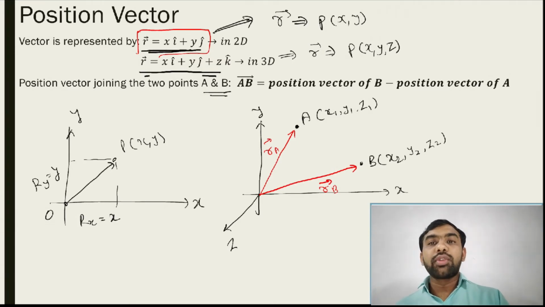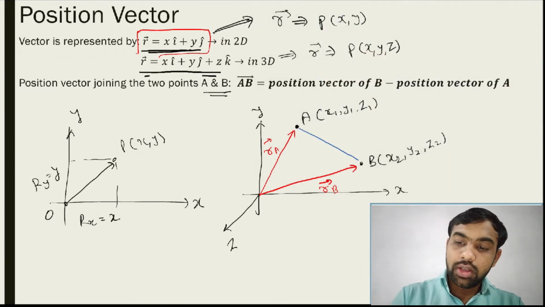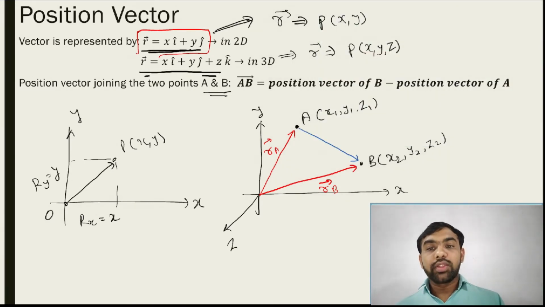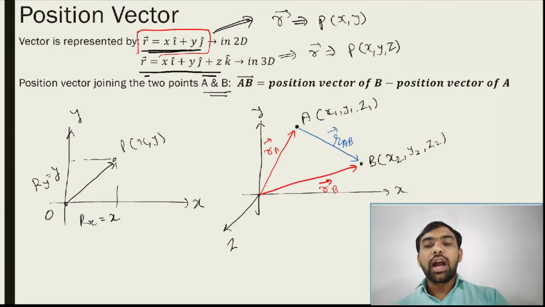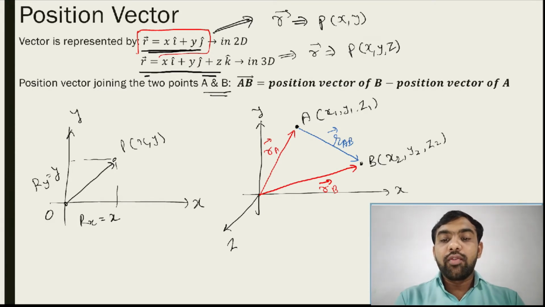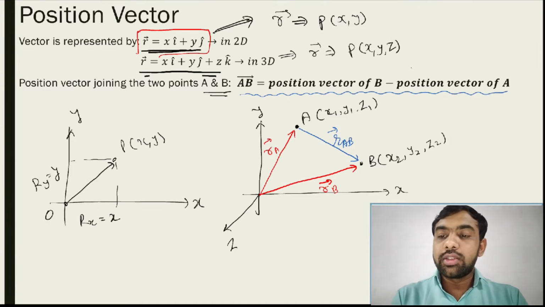So the position vector from A to B you draw in such a way, and you can also draw from B to A. There are two possibilities: R A to B and R B to A. So this is RAB. How do you find this position vector? You find it in two ways. The first one is directly: vector AB is equal to the position vector of B minus the position vector of A. It means RAB is equal to the position vector of B minus